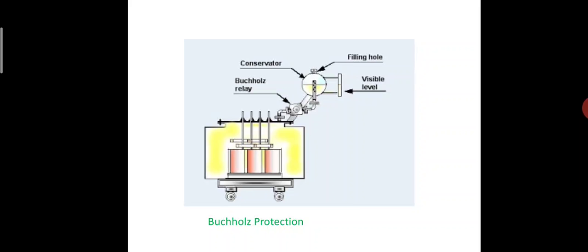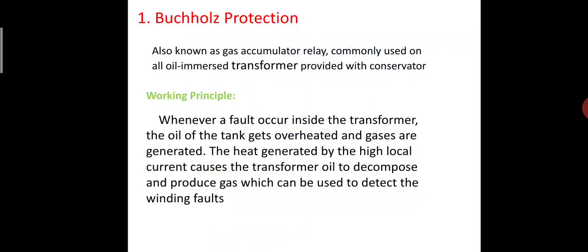Last one is the test cock. This one is the pipe to the conservator from the transformer inlet, and this one is the mercury switch. And working principle: